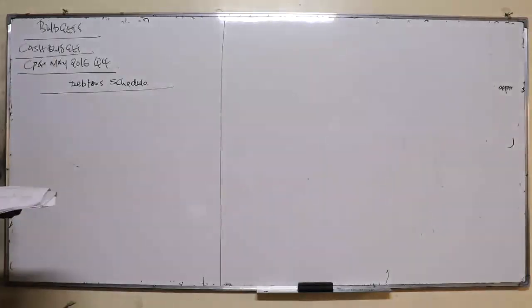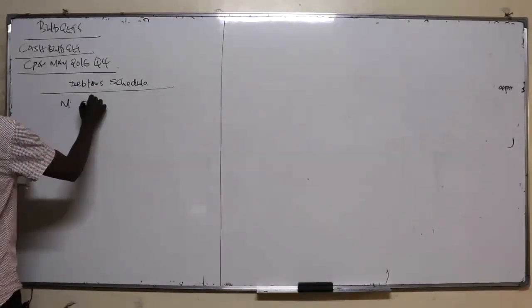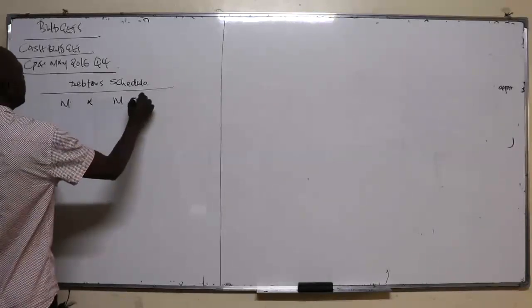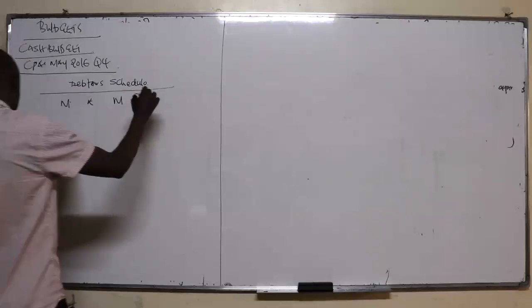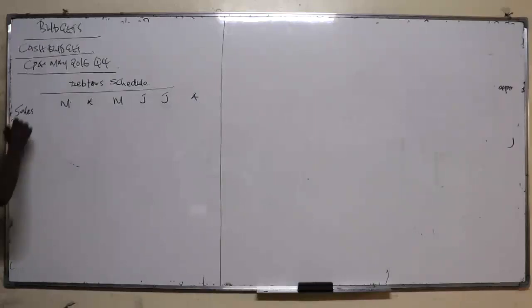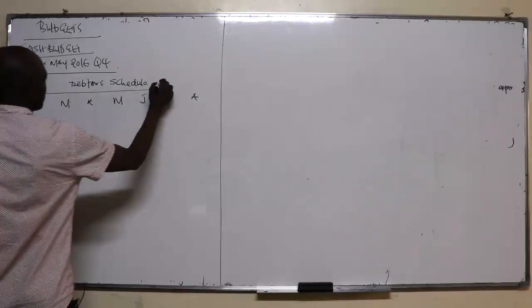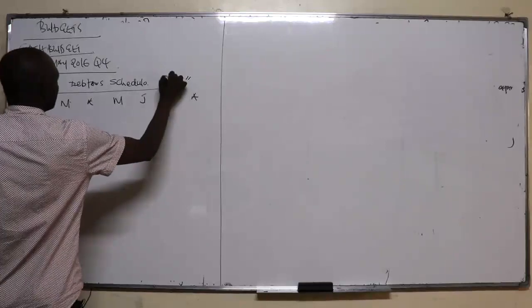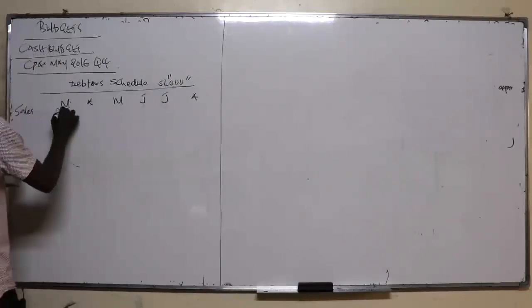We're going to analyze how the money is going to be received from sales. Debtors means credit sales. We've been given sales from March. So we start from March, April, May, June, July, and then August. So we have the sales here. The sales for the month of March was 27 million. Of course, these are in thousands, shillings in thousands. So this one was 27,000.